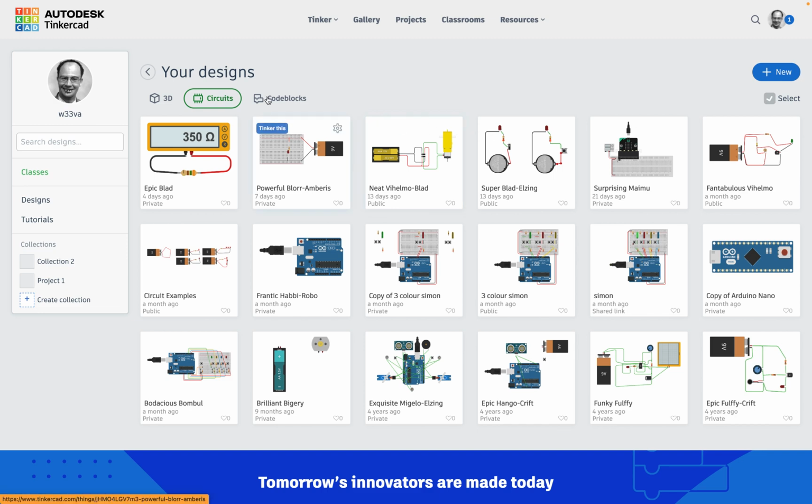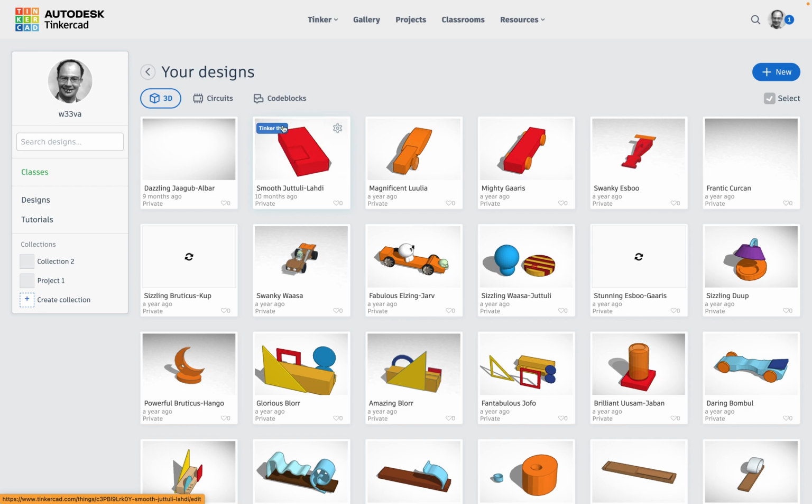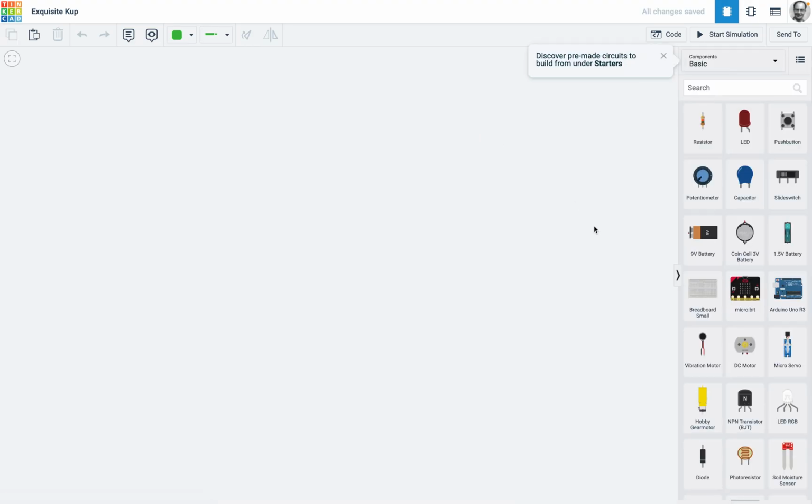This is Autodesk TinkerCAD. You might have seen this side before. There's just the modelling. And what we're going to do is we're going to look at the circuit side. So if you just click circuits and then click new, and we're going to click a new circuit. Now it's fairly straightforward and self-explanatory, but I'll just go over some of the rules for breadboards really and how